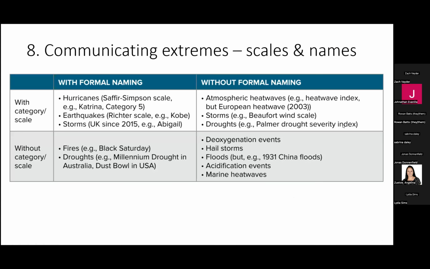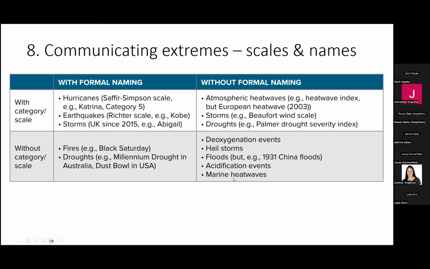Finally, just a sidebar about how we should name marine heat waves, again, for more communication. This table says for a bunch of disasters that we have, extreme events, the 2 options are that they do have a category or they don't have a category on the left-hand side, and they do have formal names or they don't have formal names on the 2 columns. Things like hurricanes are measured on a scale and given a name. So it's something like Hurricane Katrina, a category 5. And that's a very clear communication.